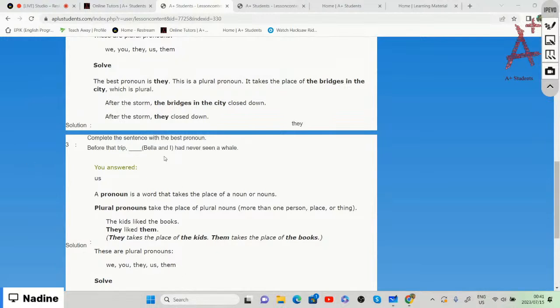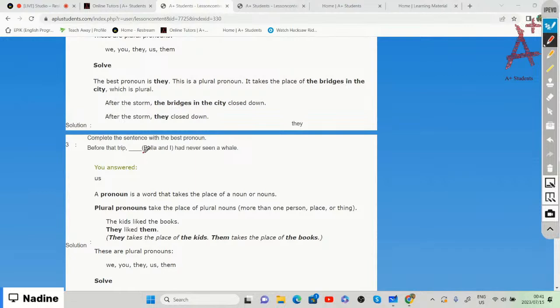So we need to replace Bella and I. All right, so we can say we had never seen a whale. So we will replace the words Bella and I. So before that trip, we had never seen a whale,